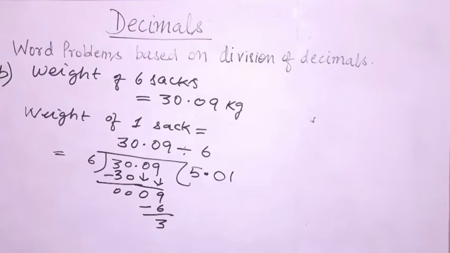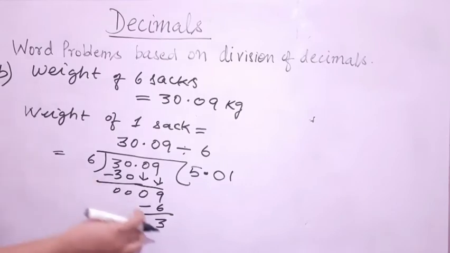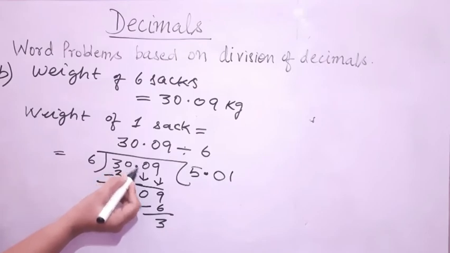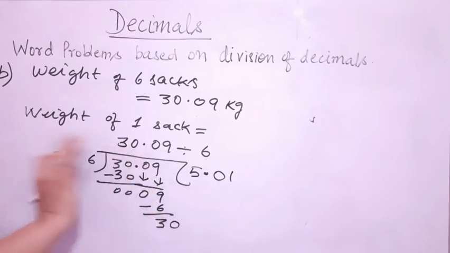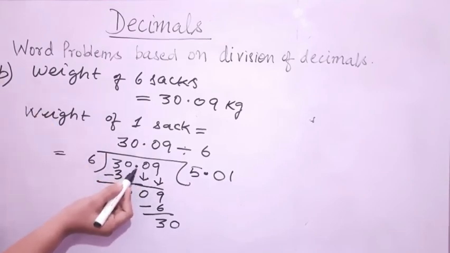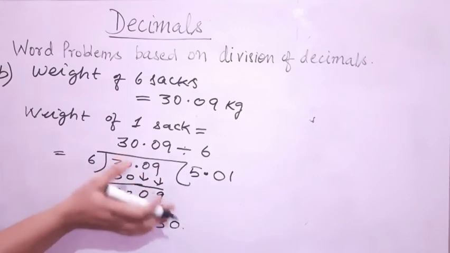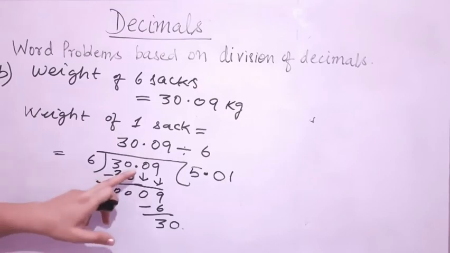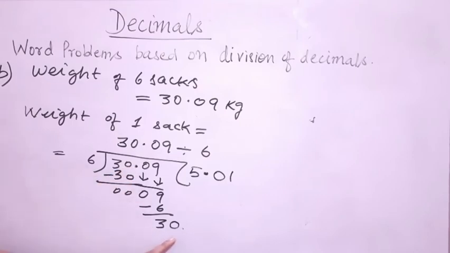Very good, students. Whosoever has commented that yes, we have to divide further, their answer is totally right. So we have to perform division further because we have not got the remainder as 0. So as there is already a decimal point, to add 1 zero, we don't need to place any other decimal point. If your dividend already has a decimal point, then you can add as many zeros as you can until and unless you are not getting 0 as the remainder. So here the decimal point is already placed, that is why I am adding 1 zero in the remainder part in order to perform the division and get 0 as the remainder.